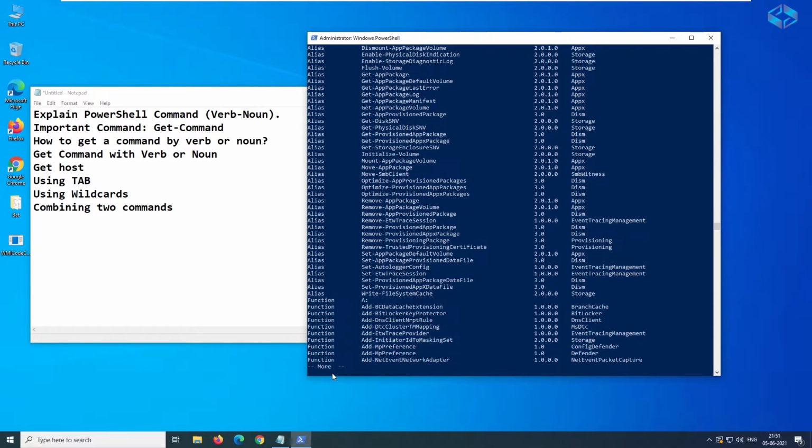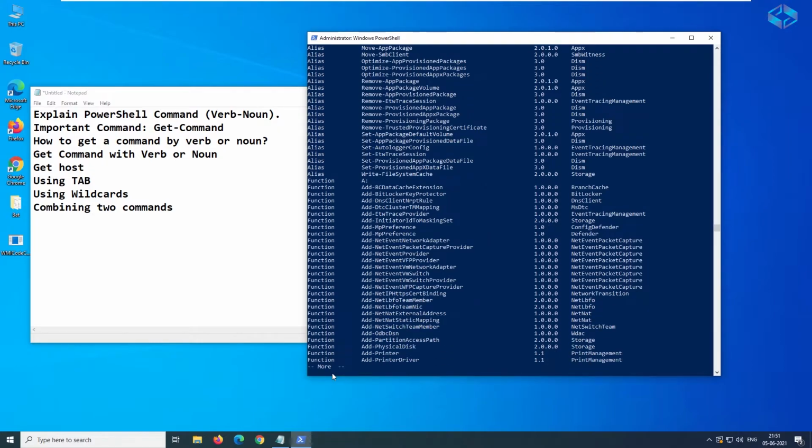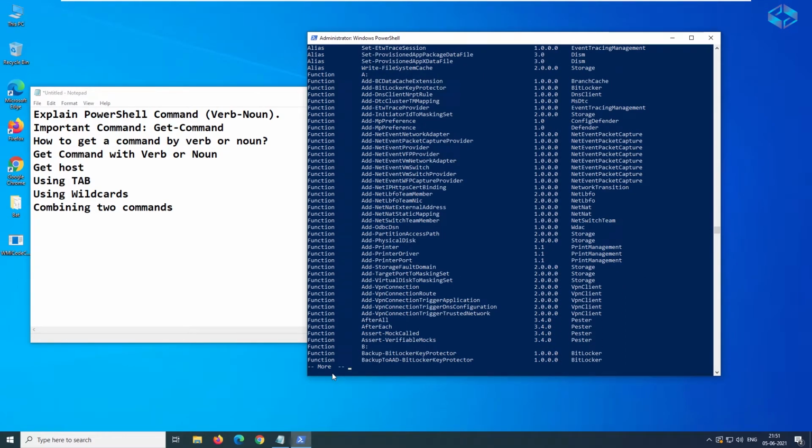So this is one of the methods where we can find the commands which are installed and available here. You can just keep pressing the Enter button, and until the last command it will go one by one, so that you don't have to scroll the screen, but can just read one by one. So that is the first method of how we can find it.